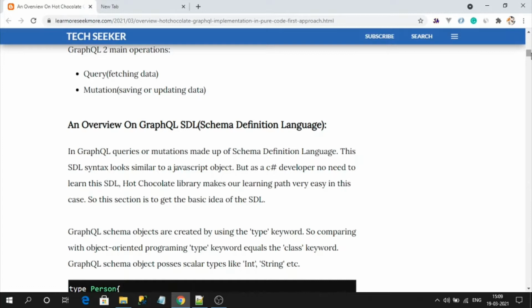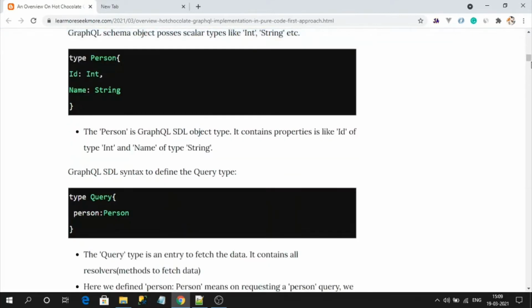The first approach it provides is the schema first approach. Schema first means we need to write this kind of schema in .NET in strings, in double quotes. We need to define everything, this type of schema, and write our logic in the schema first approach. But that is difficult, and not so interesting for a .NET developer.